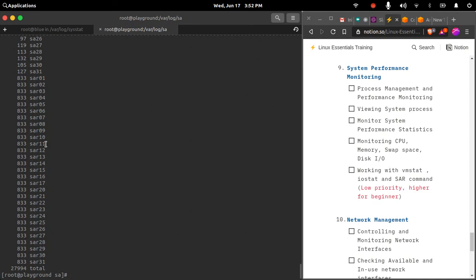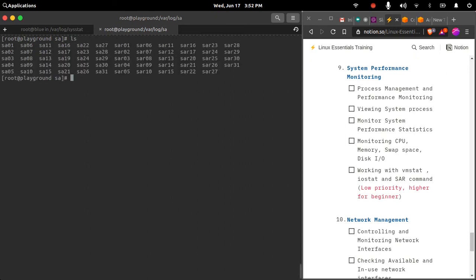So these are huge text files, and they store all the monitoring information of the system. You can provide these files, and these guys will investigate them and come up with troubleshooting steps.